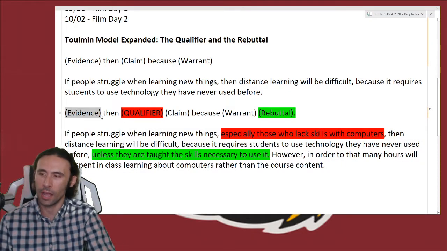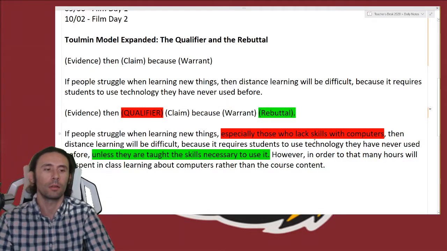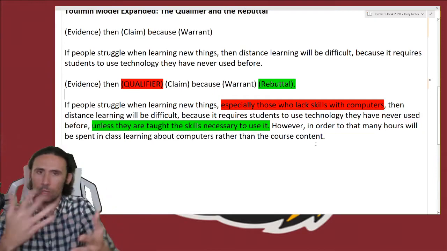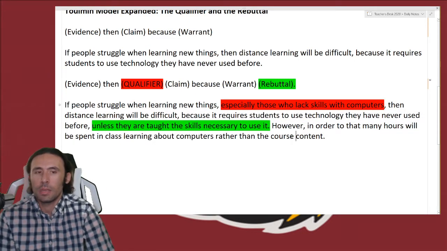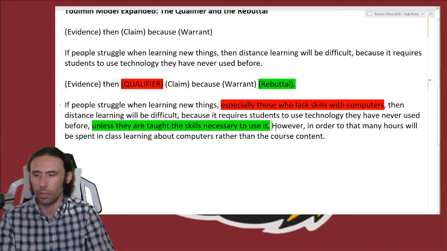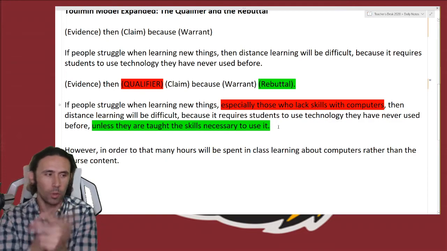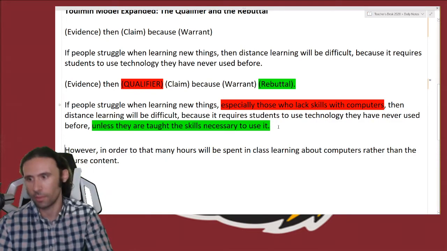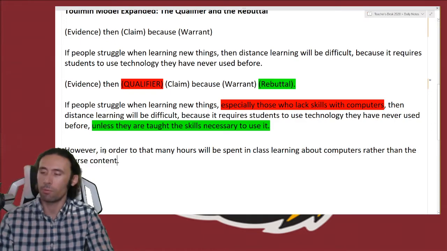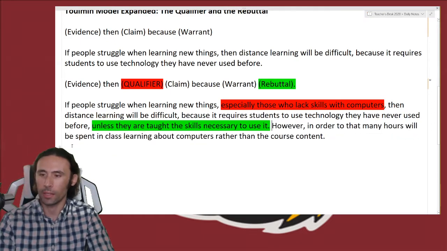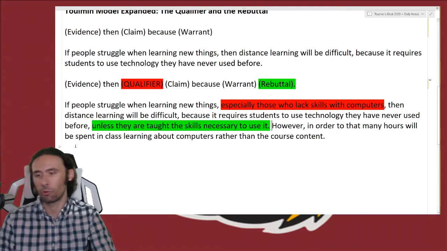Because you're like, okay, I need to have my evidence, I need to have my claim, I need to have my warrant, and oh yeah, I need to bring up the counter arguments. And however you do that is going to be your personal style, your writing style. But you can see how it just makes my argument so organized and easy to pull off. I don't have to worry about what goes where. I can just put it all together, and then I just want to keep going. I want to say, well, however, and then I just keep writing. And then hopefully I write too much, and then I can edit it down and make it shorter.